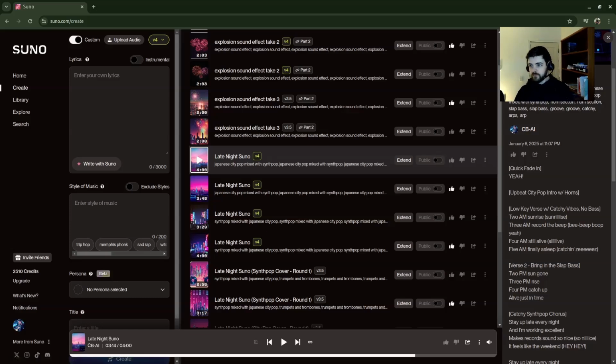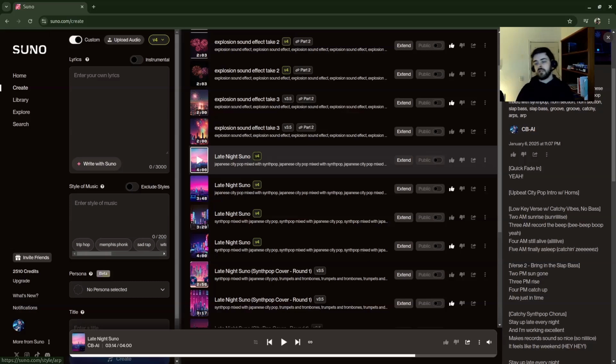One thing it did not pick up on is the horn section from my style. I didn't really hear any trumpets or trombones in there. I thought it would know what that meant, so that wasn't correct. Slap bass, like bum, bum, chicka, bum, bum, bum, like that bass line from the show Seinfeld. I was hoping it had that in there, but it didn't really add it, although it did take some of my input into where I wanted the bass lines to do things. And then it was pretty groovy and pretty catchy.